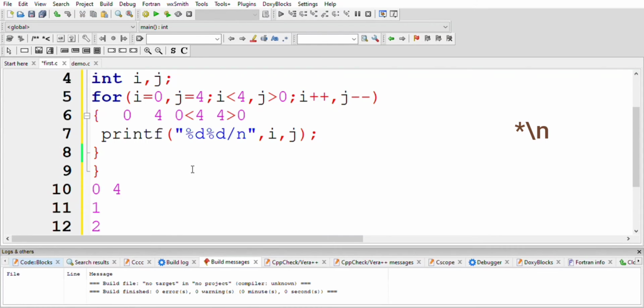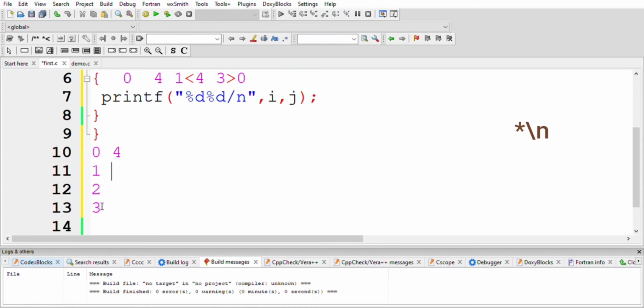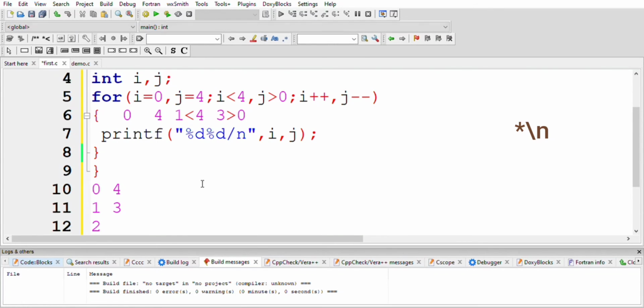So i plus plus means 0 becomes 1. Post decrement means 4 becomes 3. Both conditions are satisfied, so the value of i is 1 and the value of j is 3. Is it clear? Again it increments i plus plus and j minus minus, so 2 and 2.